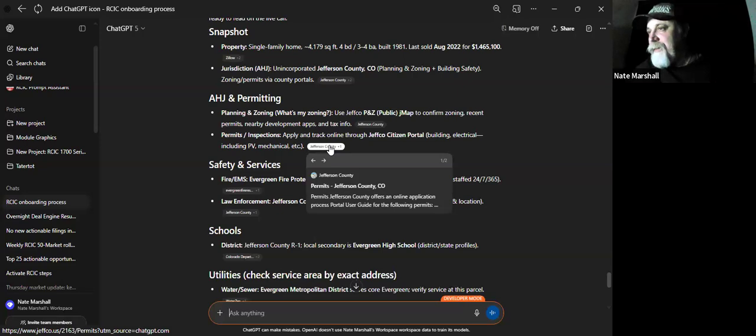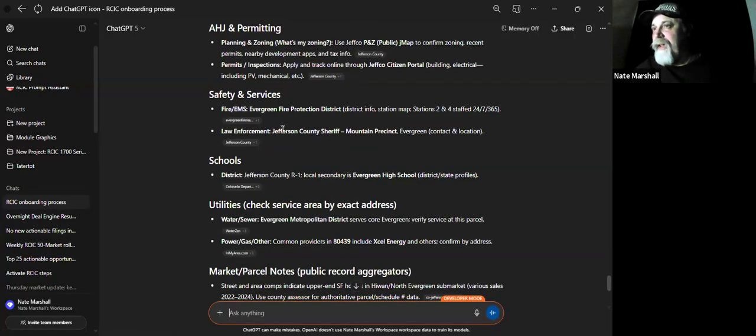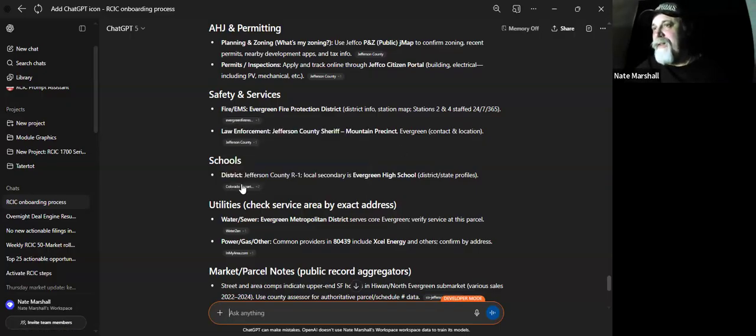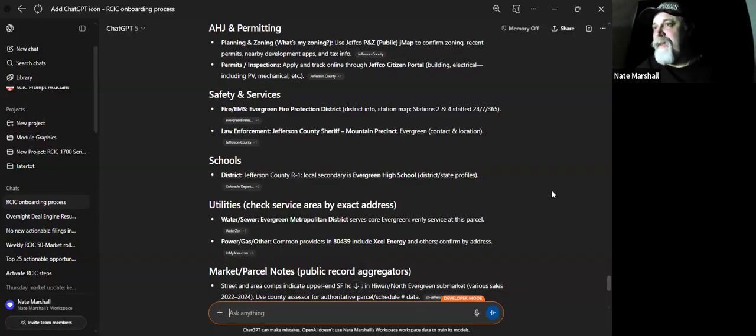Again, Jefferson County. Now you're going to go to the building department. And the zoning department, actually planning and zoning are different than the building department there. Then you can pull up Evergreen Fire, so you can research your fire department. There's a lot of good information there on that house if you want to look at whether it's a house you want to rent, and it's got the schools. This neighborhood happens to have the elementary school, Bergen Elementary, right in its neighborhood,